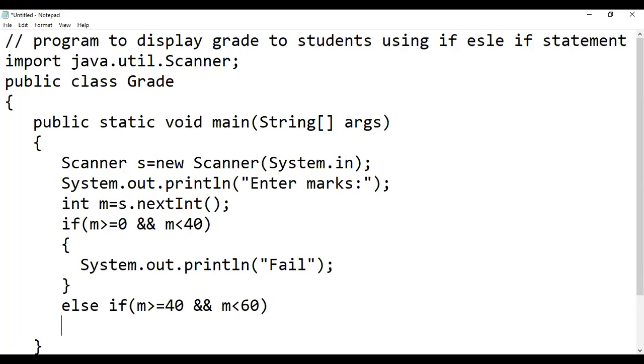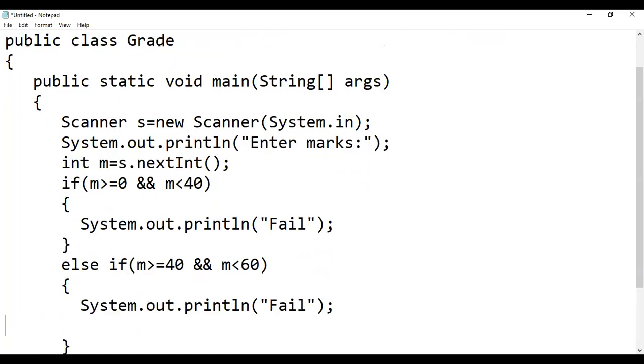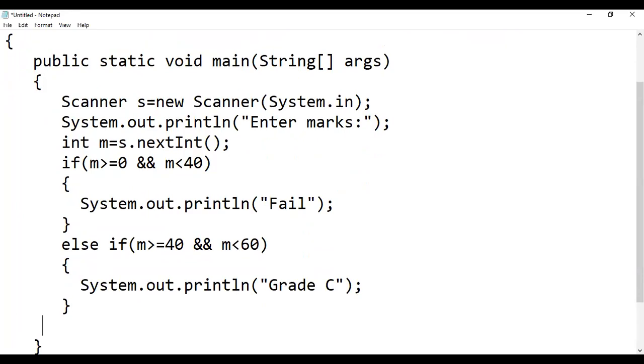So here we want to display grade C. And if student marks lie between 60 to 80, we want to display grade B. So again a new condition will be written.